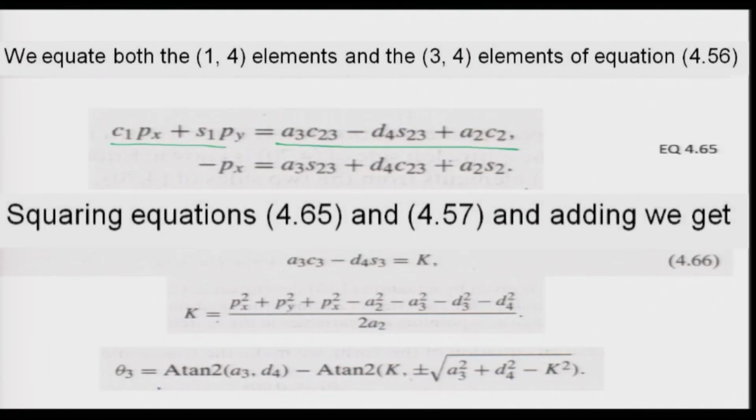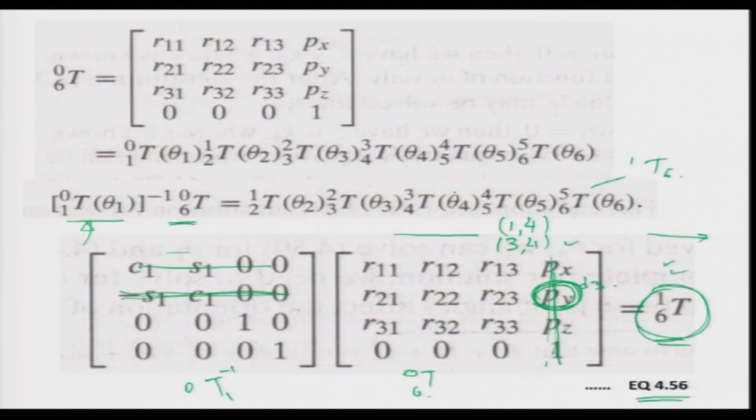Two equations we get. So, for the 1 4 term we get this one, equating 1 4 on both sides. Equating 3 4 on both sides of this, again we get this equation. Again 3 4 would mean 3 4. So, it is 3 and it is 4 again. So, if you equate it, what we will get is